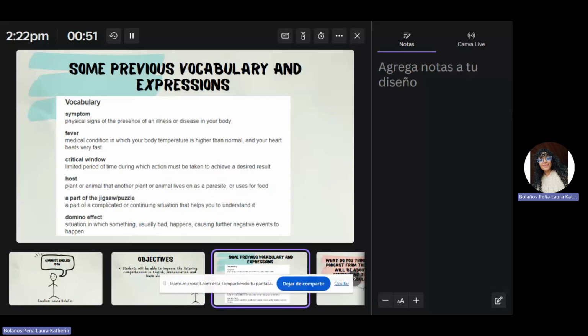This micro lesson is divided into three phases. The first one is a pre-listening activity. The second one is a while-listening activity. And the third one is a post-listening activity. For this first phase, I have an activity related to some previous vocabulary and expressions